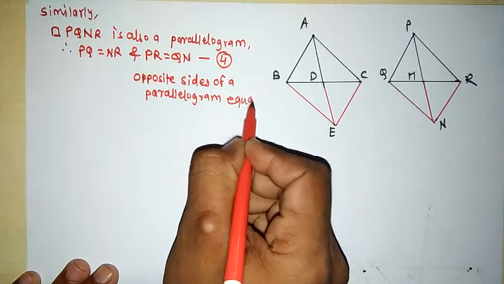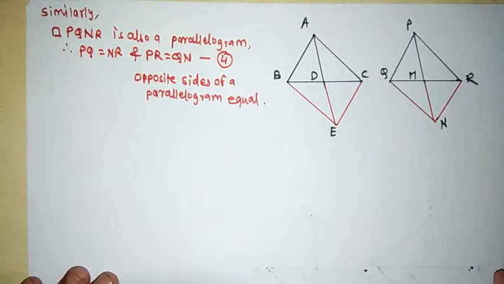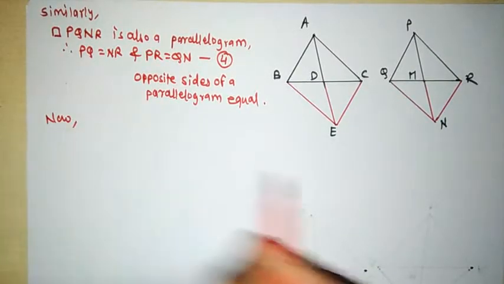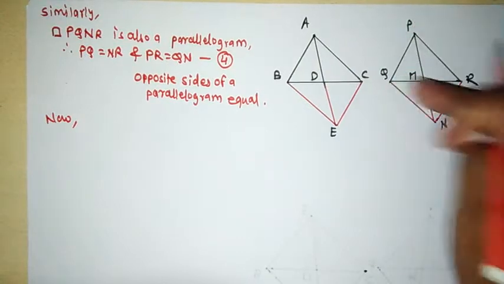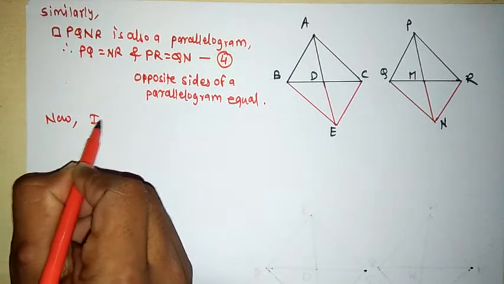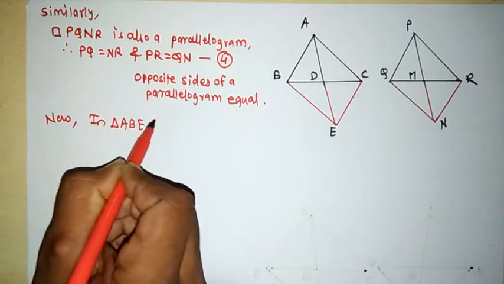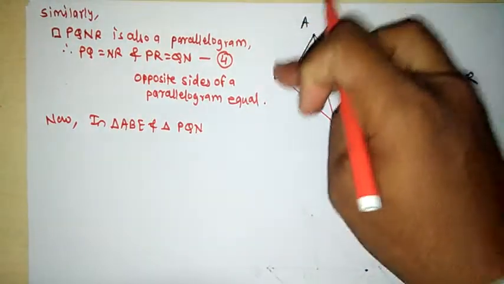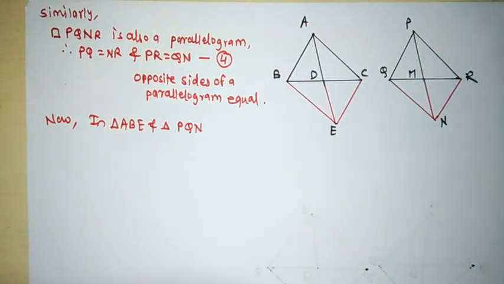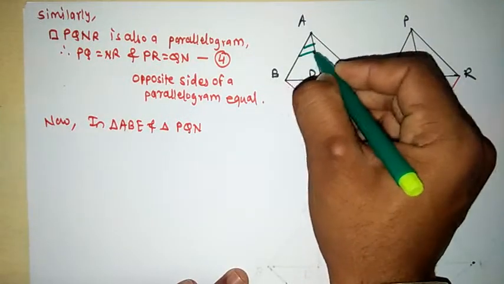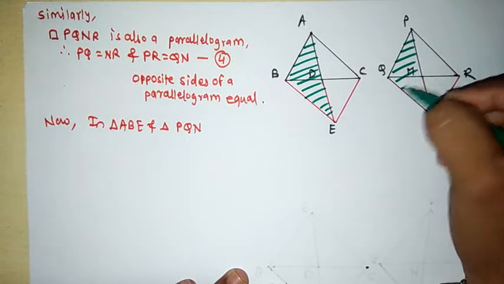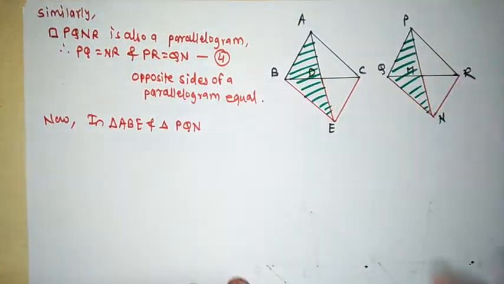Now we will see in two triangles. Now in triangle ABE and triangle PQN. Better I will mark by hatching here. In triangle ABE, this one triangle, and in triangle PQN, this triangle. In these two triangles, see here, from the given data I will write,